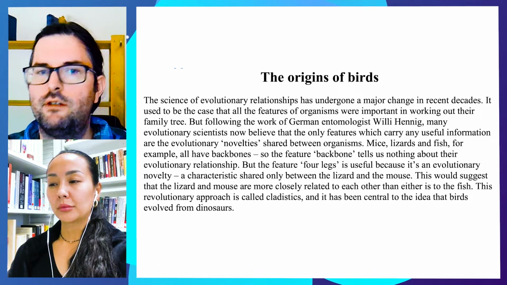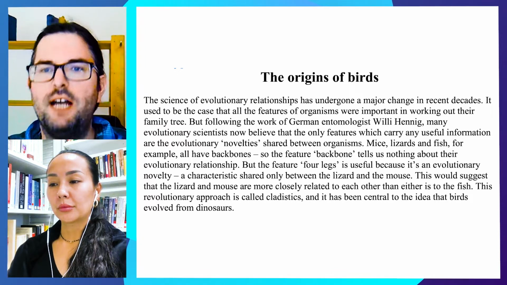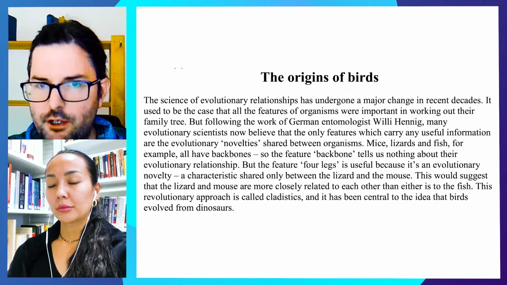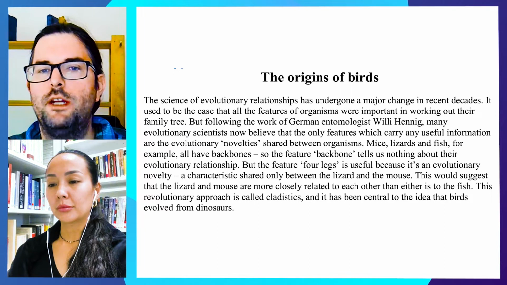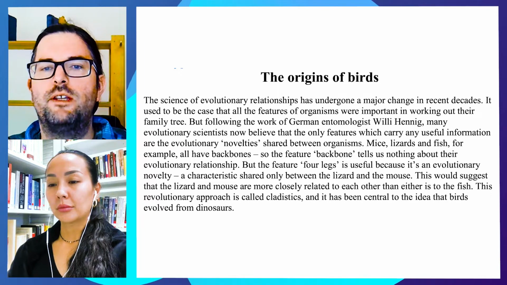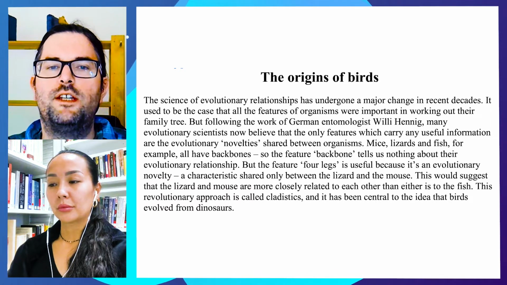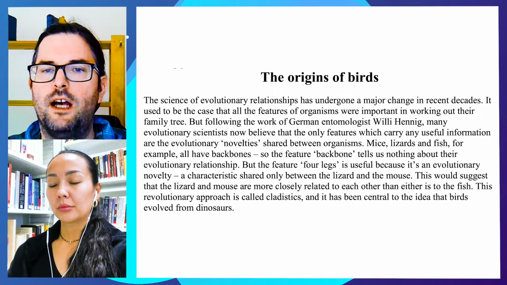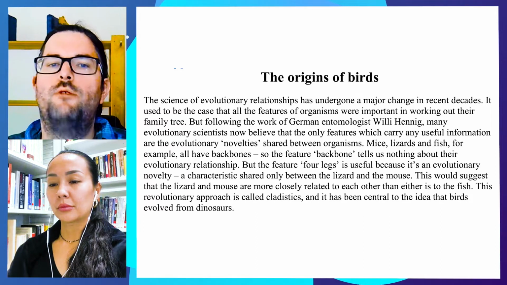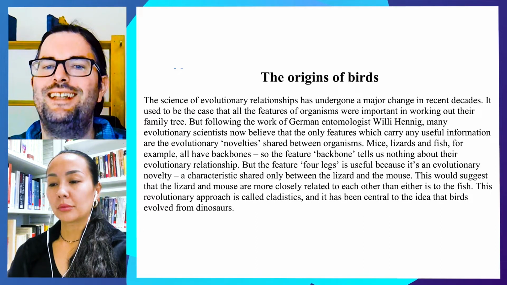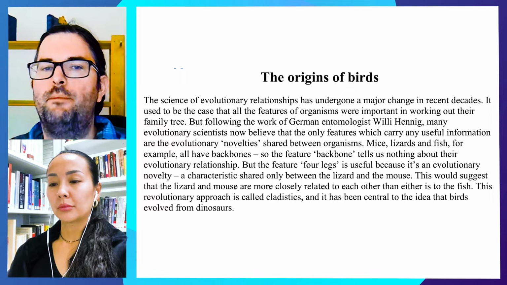Mice, lizards, and fish, for example, all have backbones. So the feature backbone tells us nothing about their evolutionary relationship. But the feature four legs is useful because it's an evolutionary novelty, a characteristic shared only between the lizard and the mouse. This would suggest that the lizard and mouse are more closely related to each other than either is to the fish. The revolutionary approach is called cladistics, and it has been central to the idea that birds evolved